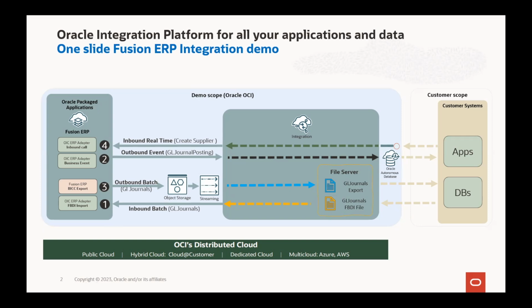flows. For the first flow, which is inbound batch, we have selected the GL journals as the business object to be loaded into Fusion ERP through the FBDI import capabilities of the Fusion ERP itself. We will use the Fusion ERP adapter, and we will see how simple it is to create this kind of import job. And we will start from a file present on the file server, which is the internal file server